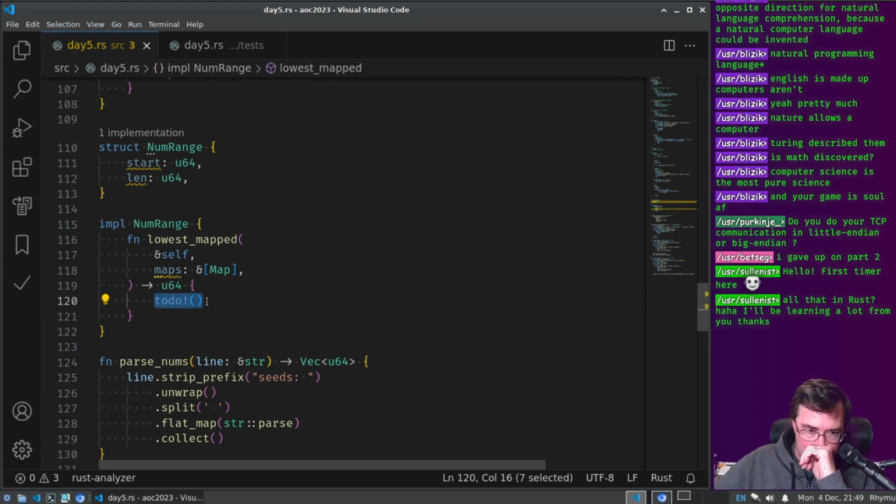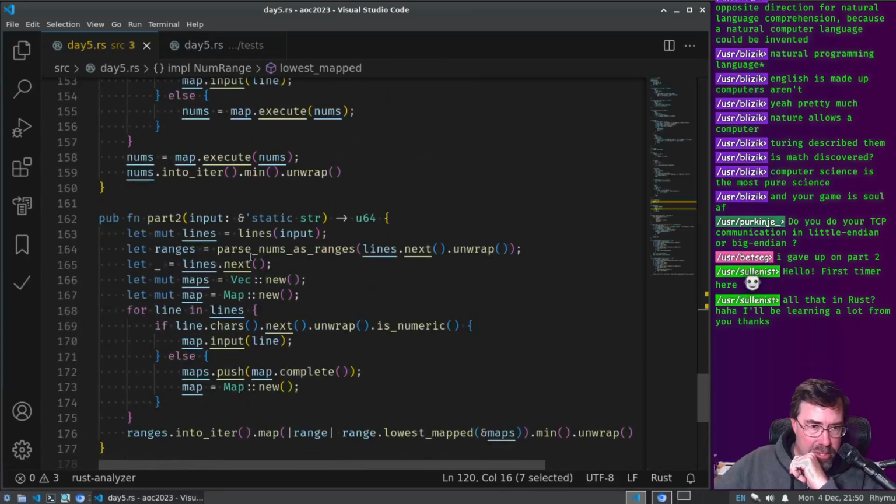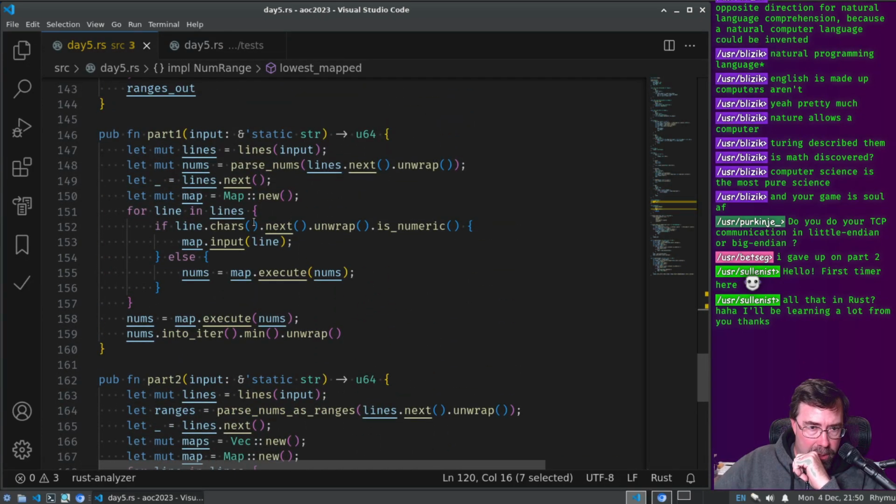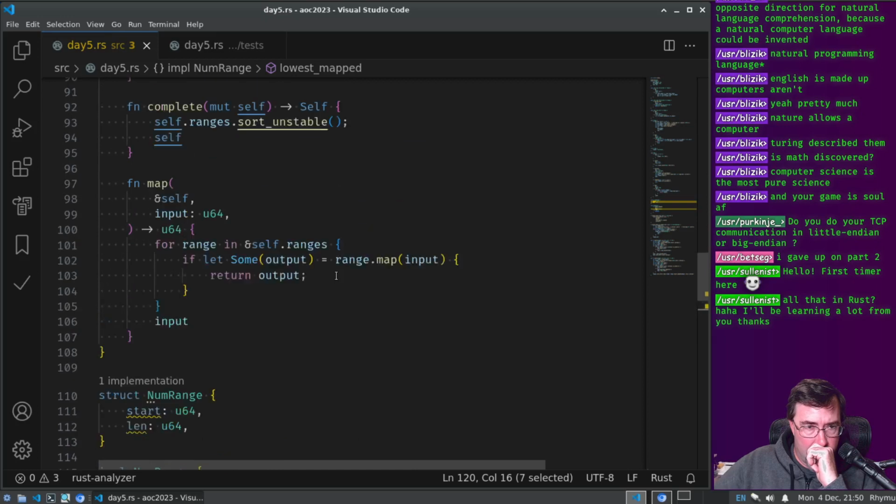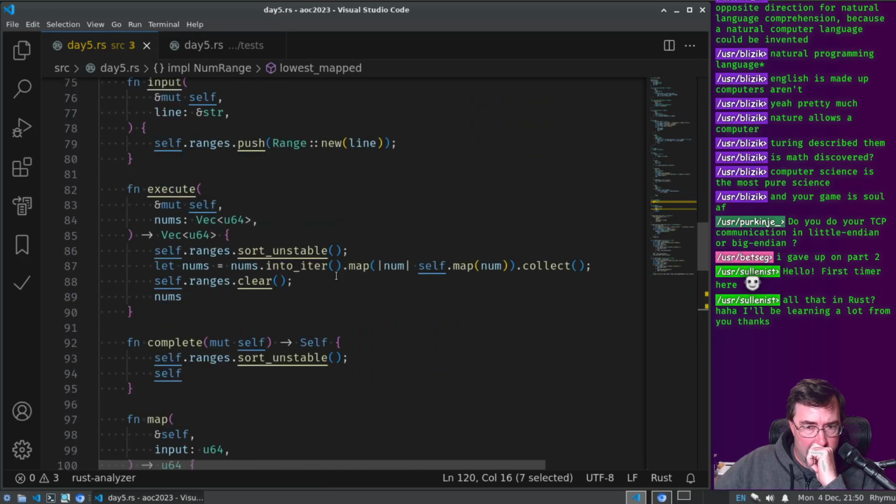So it's all down to this lowest_mapped. This is the crux of it, right? We have a range of inputs, and we want to run each one through these maps and just retain the lowest one. So it's the same logic as part one here, in execute.